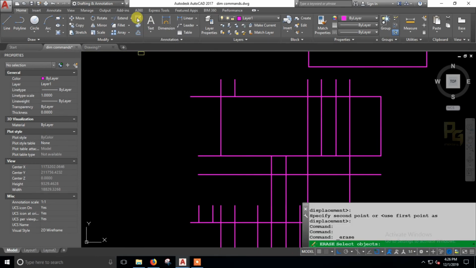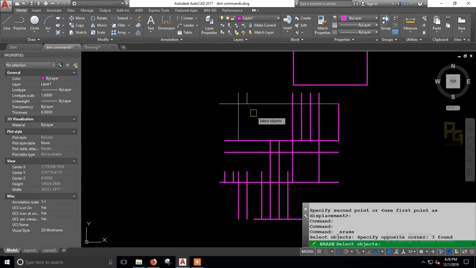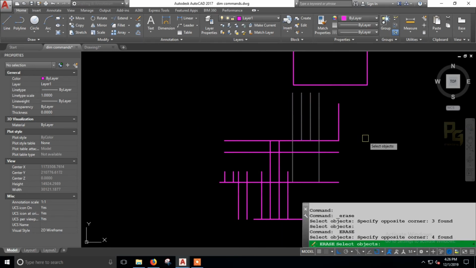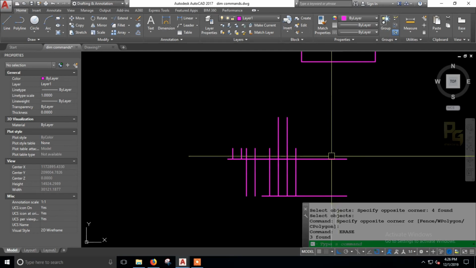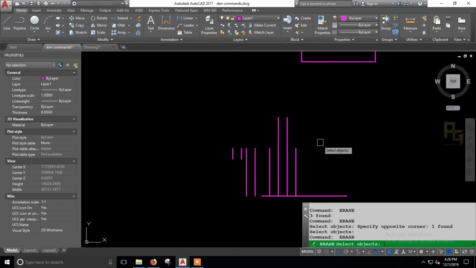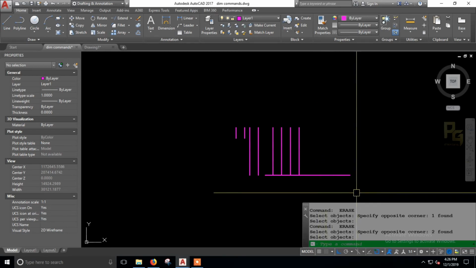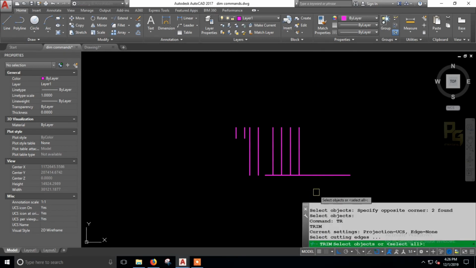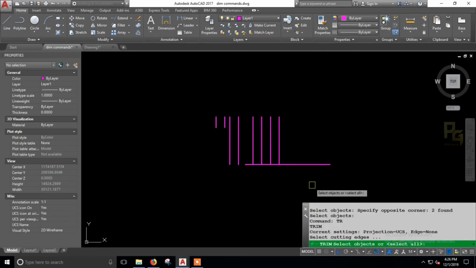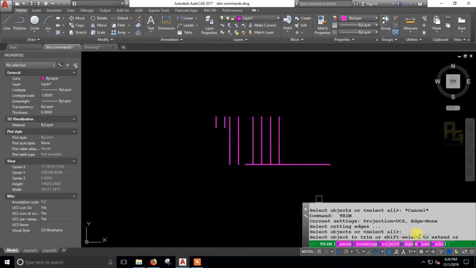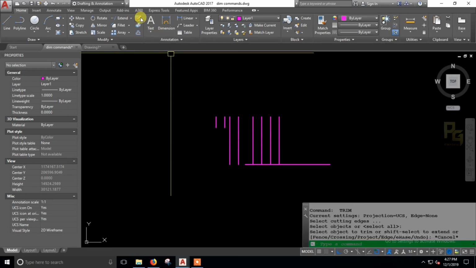And the third one is about the erase command. This one deletes the object from the AutoCAD drawing like this. You need to enter the command and select the object which needs to be deleted. This one is also present in our trim options, like here, right? You need not go inside and choose the command.